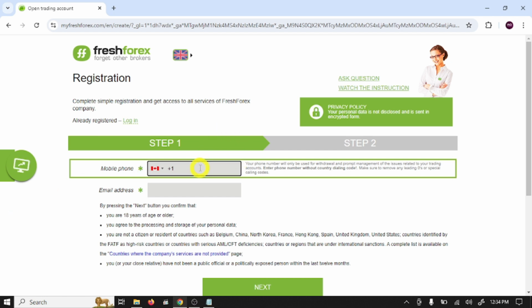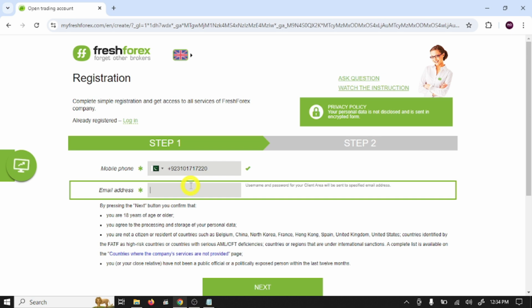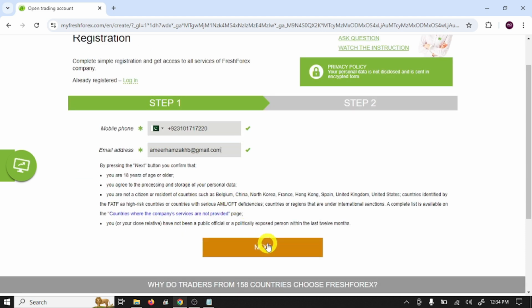Here you need to write your phone number, here you need to write your email address, click next,